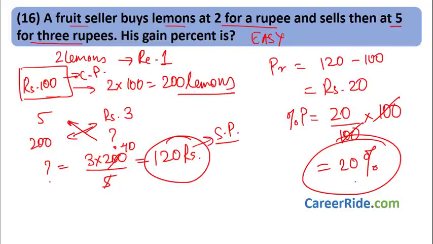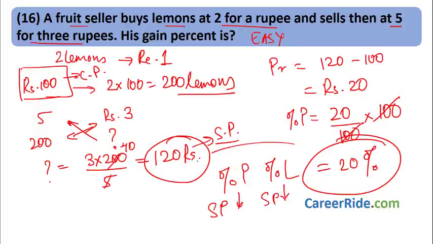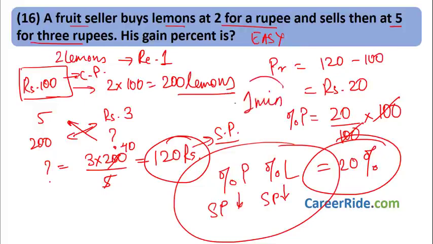We do not need lots of formulas or something like that. We just need common sense and a few basic formulas of percentage profit, percentage loss, selling price when profit percent is given, and selling price when loss percent is given. And using these we can solve any sum of profit and loss. If you practice enough, all these sums would be pretty easy and you will be able to solve them under 1 minute. Even if it is tricky or a puzzling sum, still you will be able to solve it within 1 minute if you practice these sums.